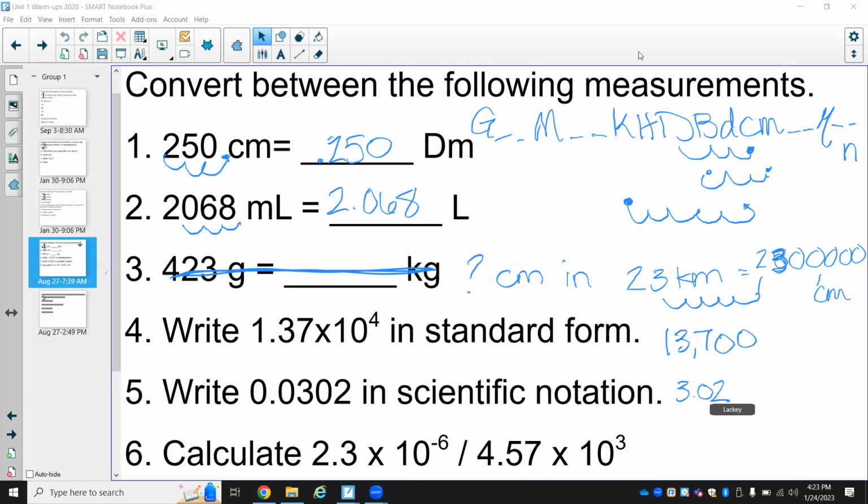And then we have to designate how many times we move the decimal. So it's going to be times 10, and we move the decimal 2 times. However, this is a decimal number originally, so it is a number less than 1. So the exponent has to be negative